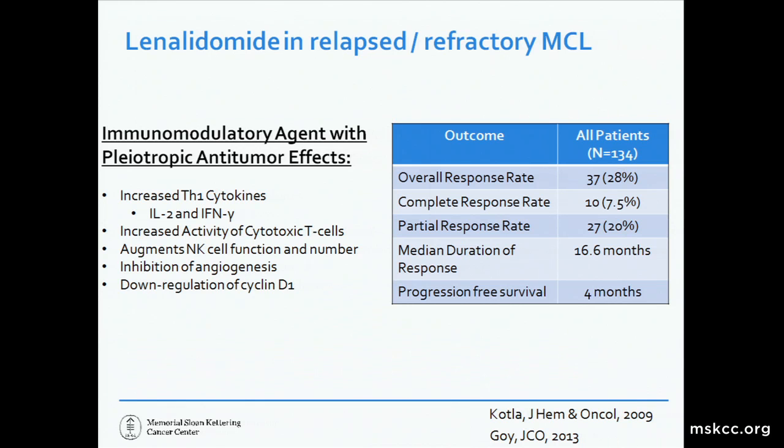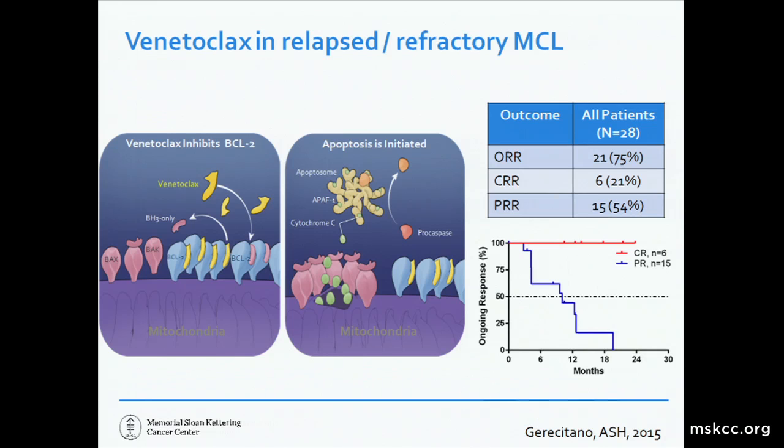As a single agent in the relapsed refractory setting, it was associated with a relatively modest overall response rate of 28%, with a marginal complete response rate of around 8% and short duration of benefit. Venetoclax has been recently FDA approved for the treatment of CLL, however, is not approved for the treatment of mantle cell lymphoma. However, as John Gerasitano, my colleague, earlier presented, venetoclax has shown exciting activity in the phase 1 trial